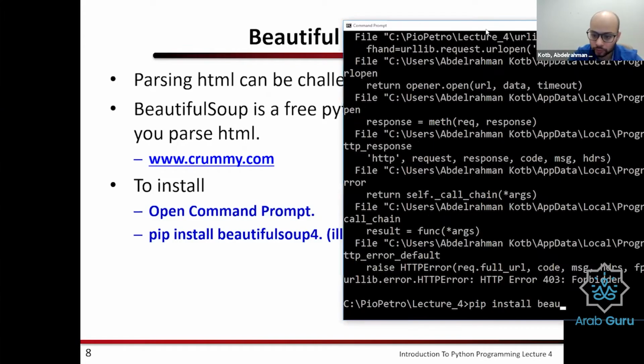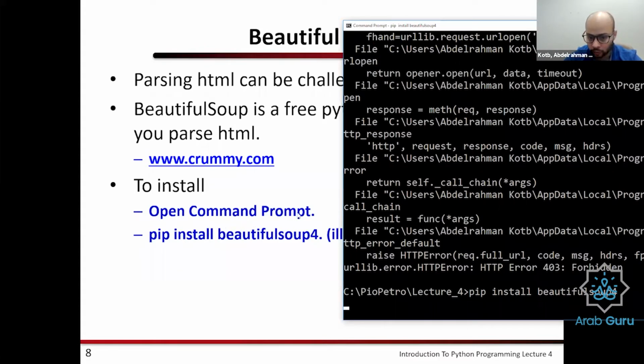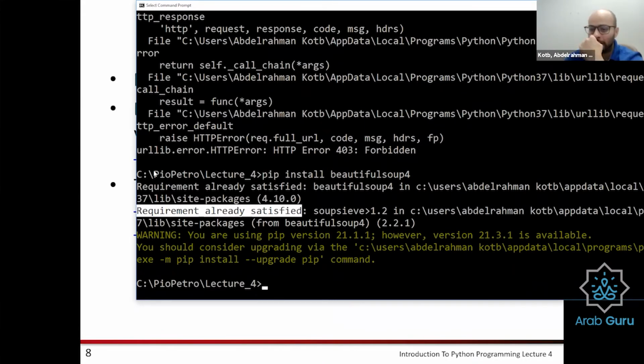So when I try it, it says requirement already satisfied. You've already installed Beautiful Soup. However, when I try to install it the first time, it goes through the process of installing it.